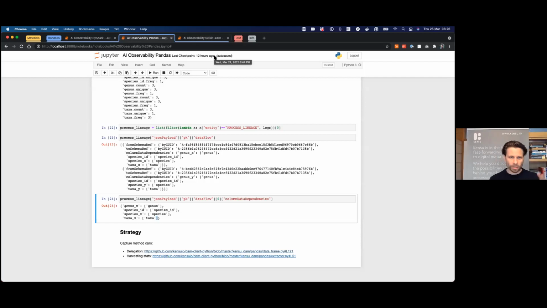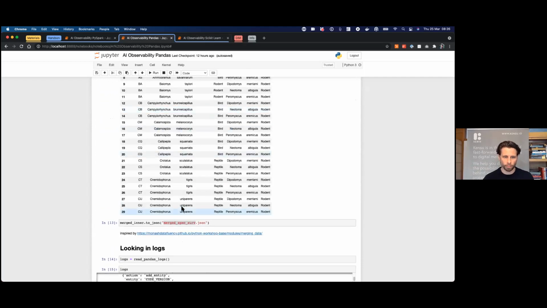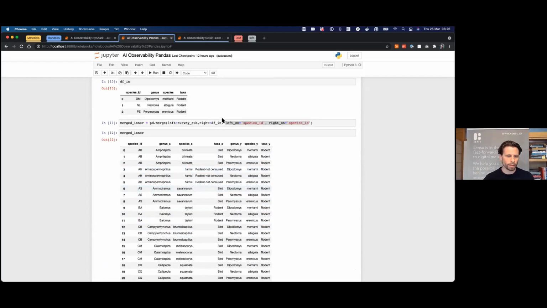So that means that if something goes wrong, if you deploy this notebook in production, right, and the output in this file here, the merge here, is becoming weird. Let's say that at some point, because it's an inner join, right, there are nulls in species ID of one of these tables. What happens is that you will have less data, right, because the data will be removed. That means that in the AI observability server, you can put a predicate or something like this in order to control how much data this Python notebook is producing.